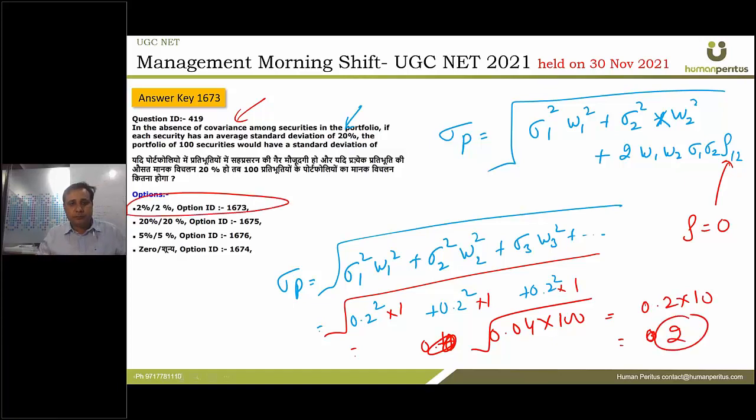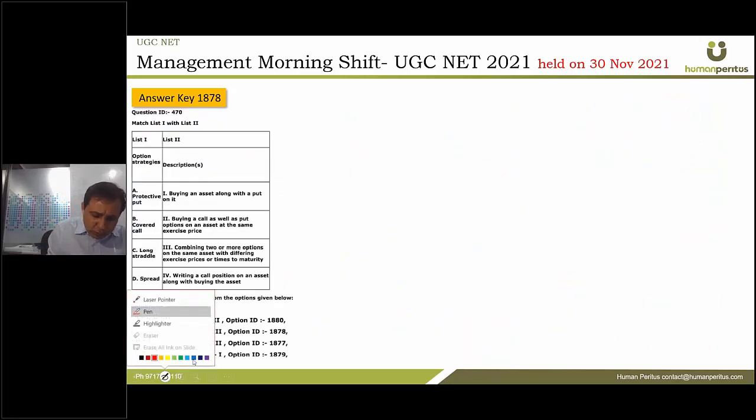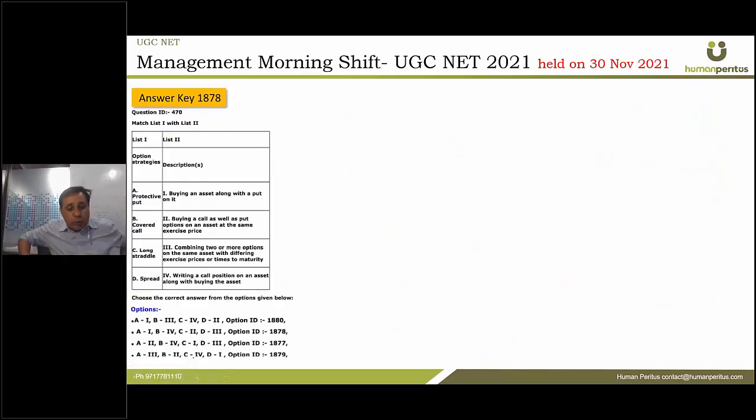A. Let's move ahead. Now these are again quite theoretical topics, which is on derivatives, different kinds of options. By the way, the topic of derivatives covers a number of key terms only. It is quite theoretical. You will hardly get a numerical on this topic in your exam. So now there are different terms. Again, you should understand and know each of them.